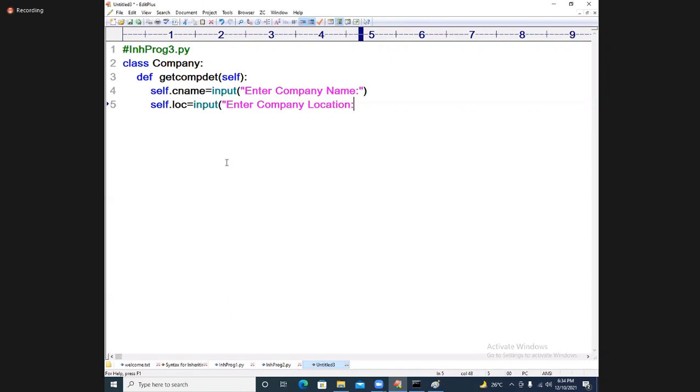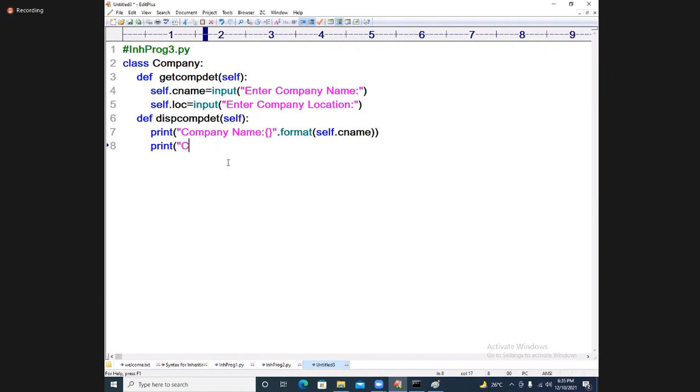Now I will take one more function to display the company details: display company details of self. Print company name format of self.cname. So simple, students.